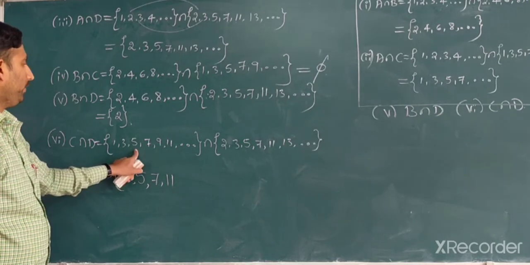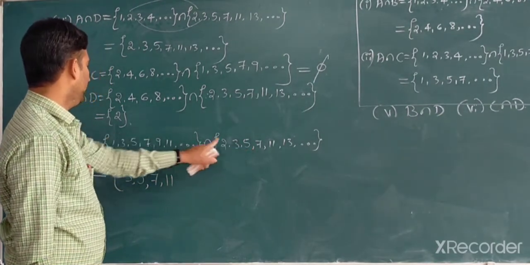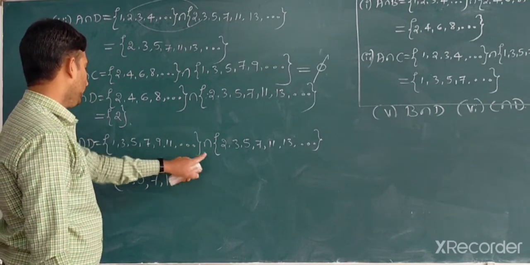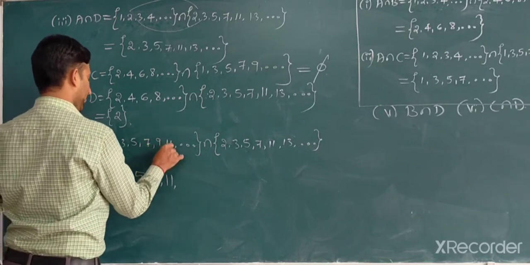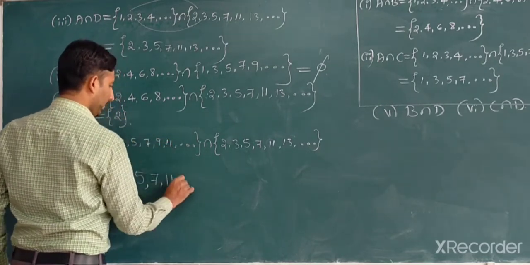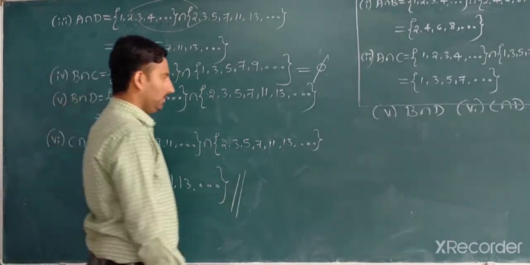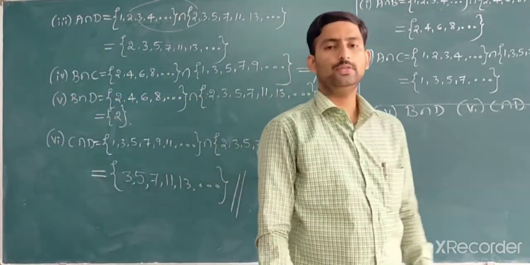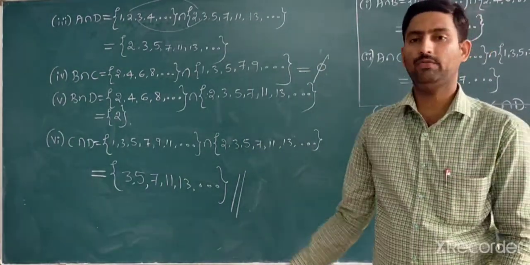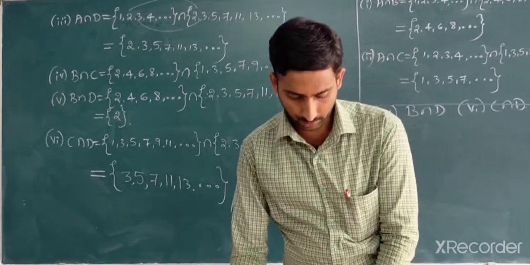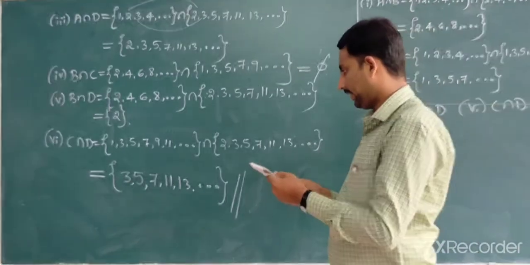3, 5, 3, 5 will be there, 3, 5, 9 is not there, here also 9 is not there. 11 on both sides, after that 3, 5, 7, 11, 13, here there will be 30, like that. These are all nothing but some values. With the help of conversion of set builder into roster form, you can find out their relations. 3, 5, 7, 11, 13.